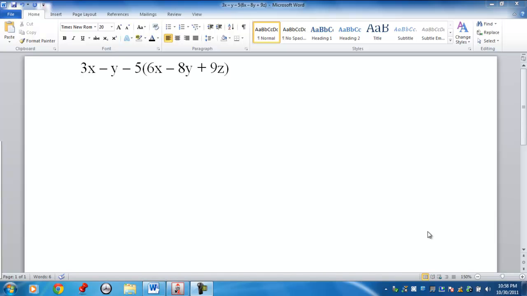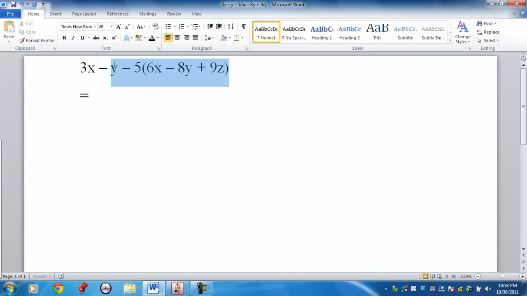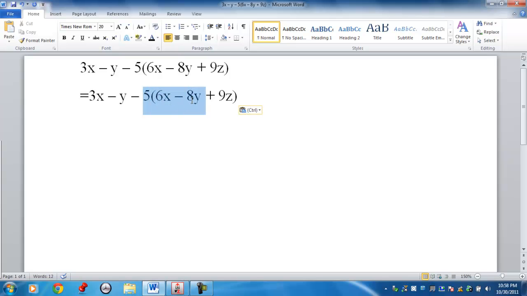In our first step for this problem, we're going to use what's called the distributive property. What we're going to do is take a look at this negative 5 here, and distribute the negative 5 to each of these terms inside the parentheses using the distributive property. Okay, so if I did this, you take negative 5 times the 6,